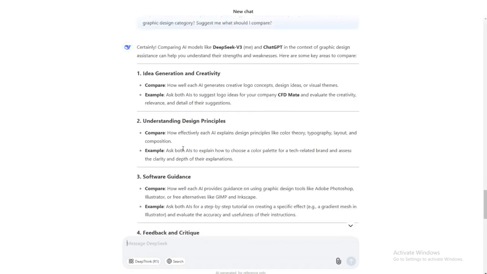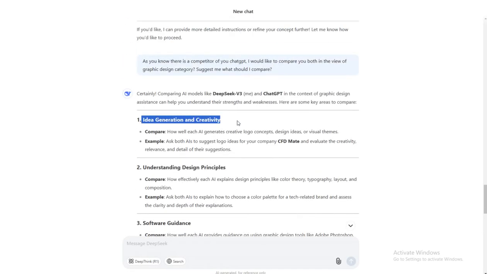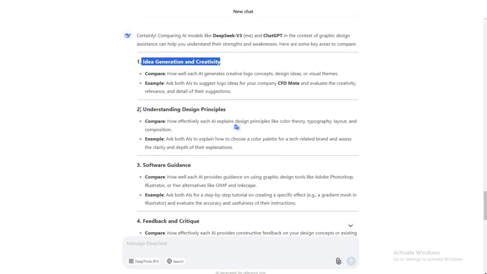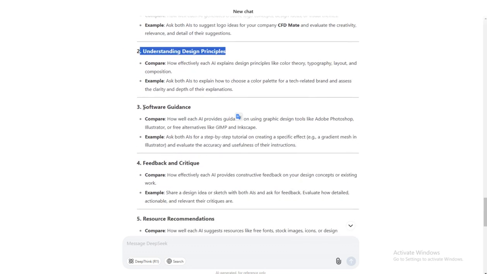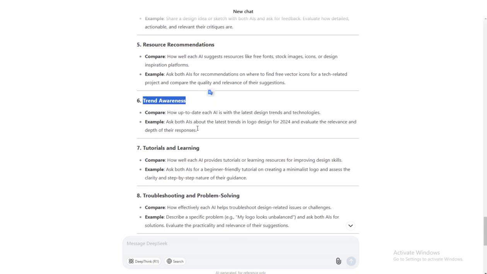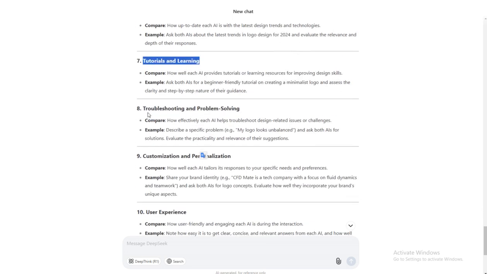And now let's go to this idea generation and creativity. Okay, 1, I would not prefer it. Maybe this. So 2, I have not tried it.